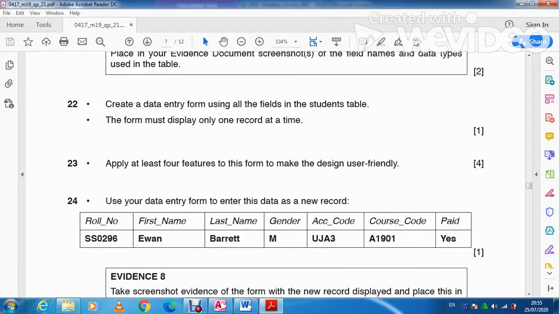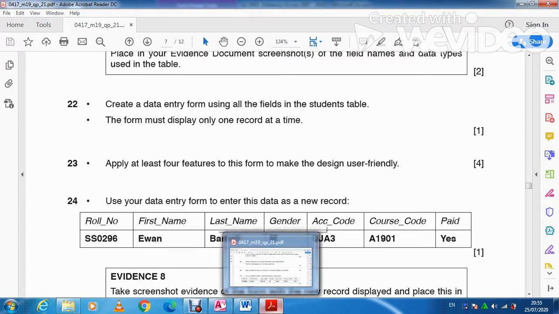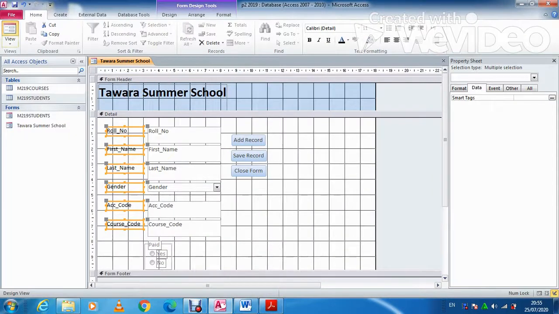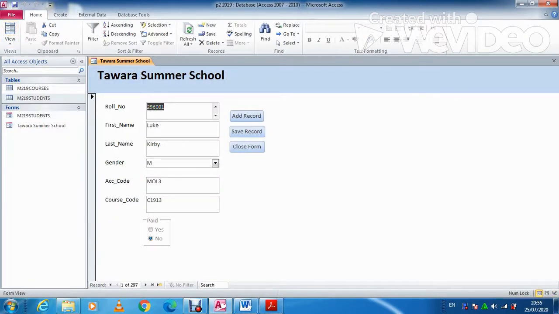Next step here, they said use your data entry form to enter this data as a record. So what I am going to do is just click on form view and you need to add a record. So I'm going to click on add record and the information is SS0296, then Ivan, yes, then here they want the second name is Barrett, and then after the gender is male